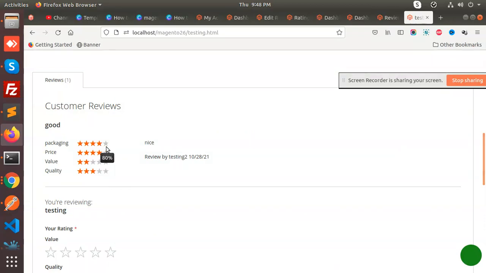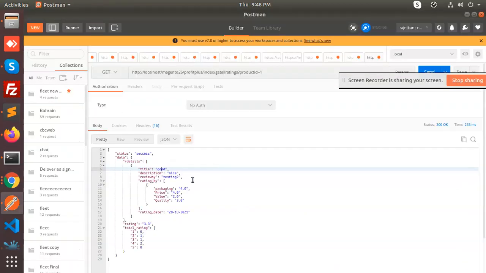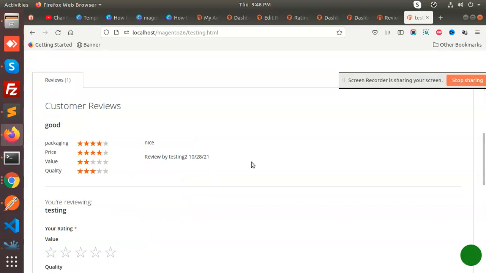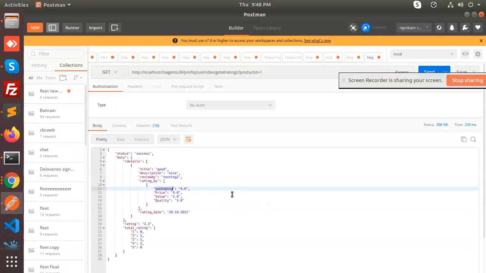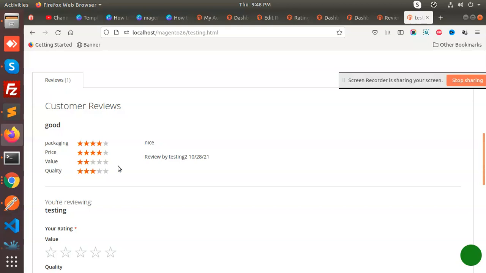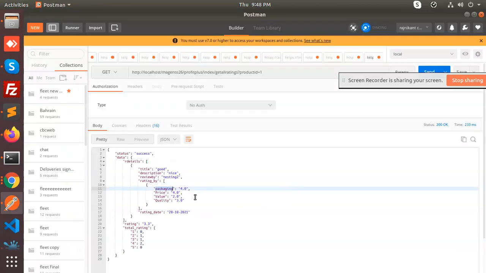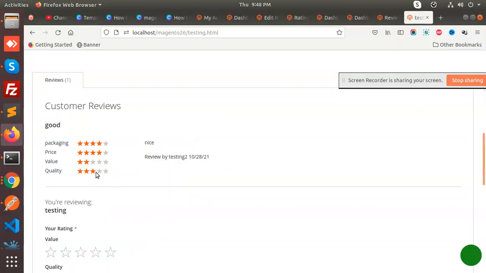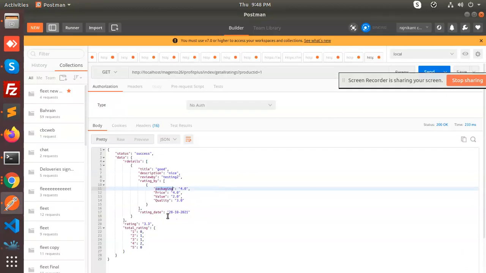Here we have packaging 4, price 4, value is 2, and the quality is 3. And what we have rated, the title is good, the description is nice. So this is how we can get the ratings. The total rating would be 3.3.